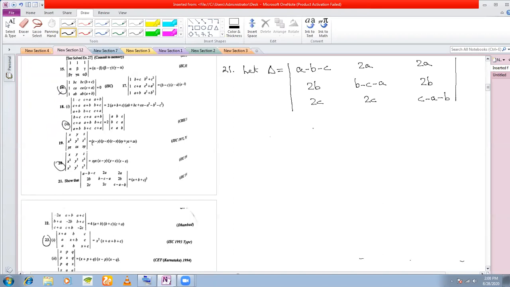You need to show that this is equal to a plus b plus c whole cube. Now what do you mean by a plus b plus c whole cube? You need to take out a plus b plus c as a factor from the determinant, isn't it? It means that you will have to take out a plus b plus c as the factor from the determinant. If this is equal to a plus b plus c whole cube, that means you will have to take out three factors of this form: a plus b plus c, a plus b plus c, and a plus b plus c, right? This is what it means. Okay. So what I'll do here is